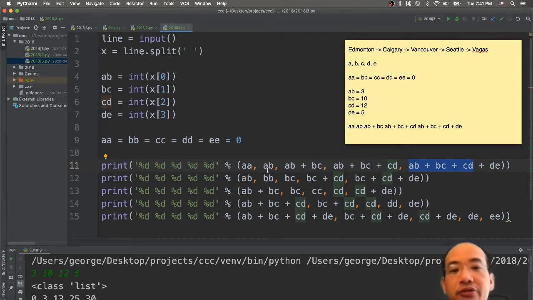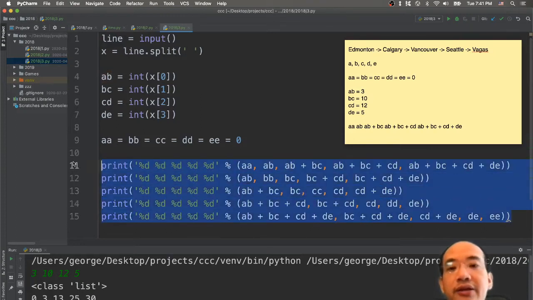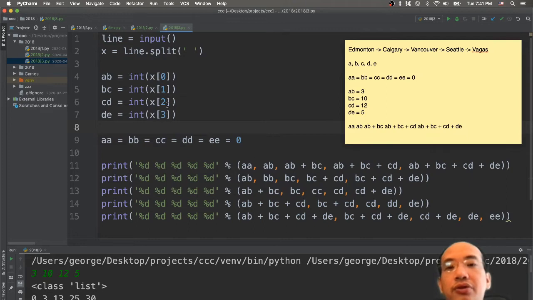And then you go to the second line. The second one is just the same thing. For the AB, it's just Edmonton to Calgary, and BB, Calgary to Calgary, and BC is Calgary to Vancouver. And then so far you can just add them up, and then you continue to add them up and continue to add them up. And for the rest of them, hopefully you understand what I'm talking about. So I guess most of you guys have finished, and then we're going to use another solution. We are not just doing it like this,